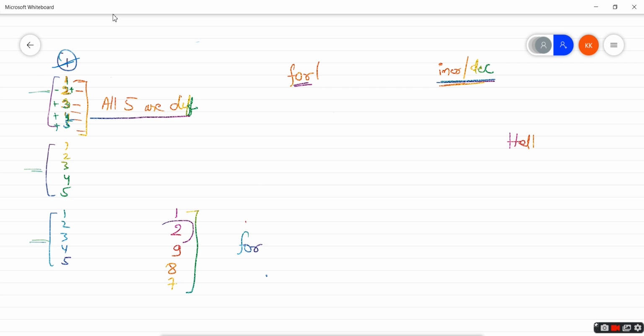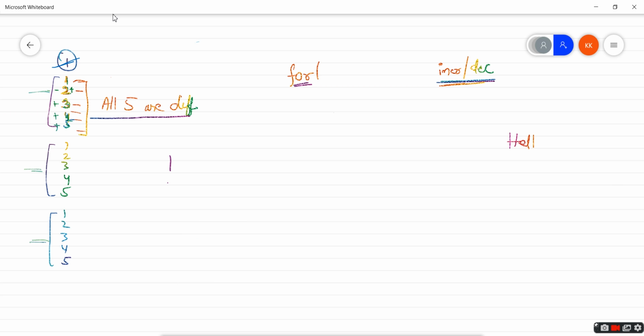Because this 2 has no connection with the previous one, this 9 has no connection with 2, right? So here we can't use a for loop. I need a different cout for each and every one. But this case is different, this has some connection with the previous one.